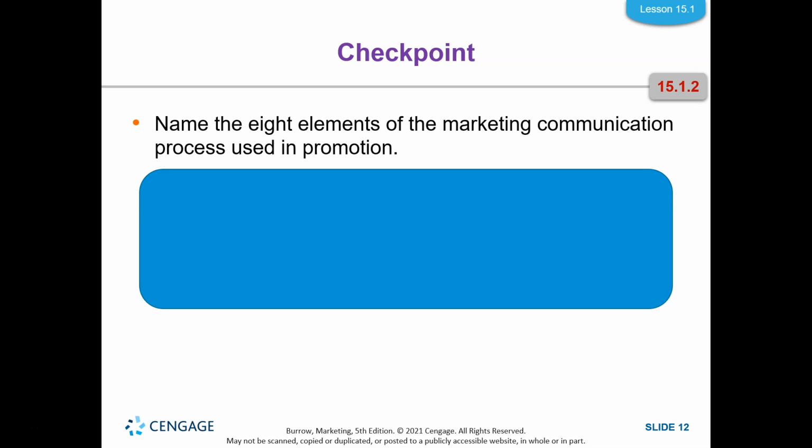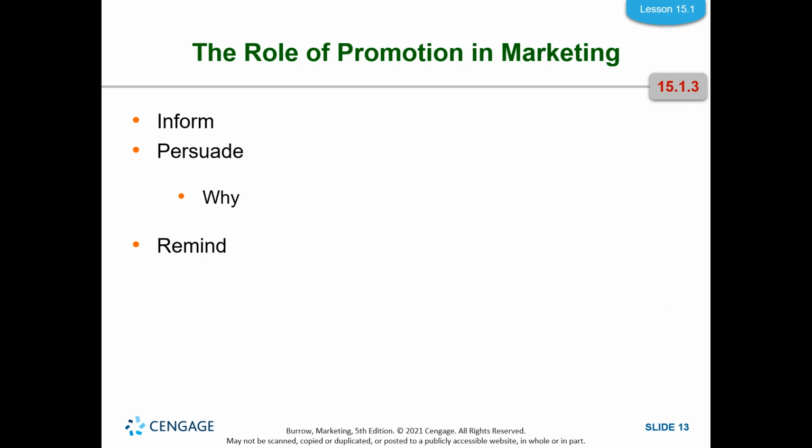And moving on. The role of promotion and marketing. So basically, it's the big 3. It is inform, persuade, and part of persuasion is why should a consumer do something or act, and then the other one is remind. Pages 423 and 424 are going to go in detail with what we mean by inform,